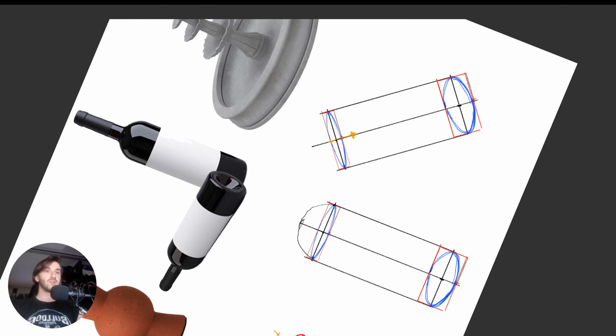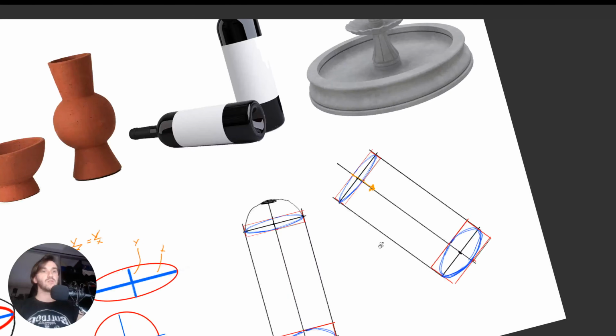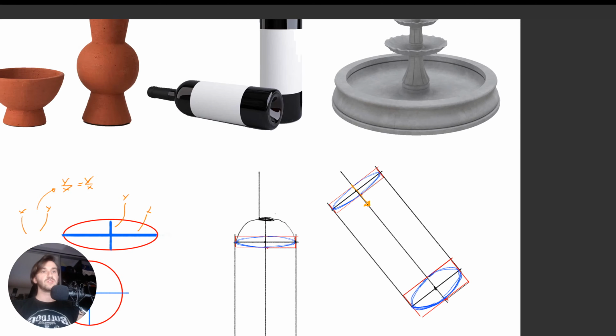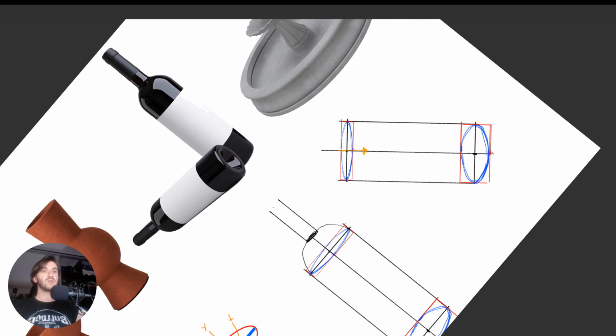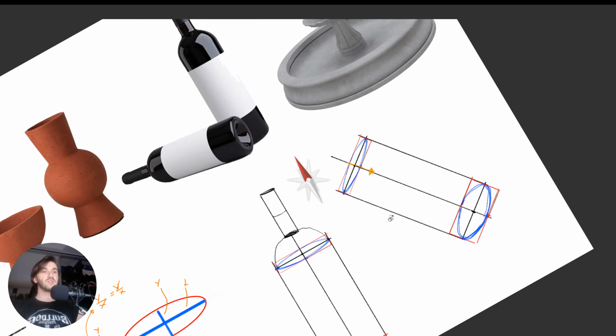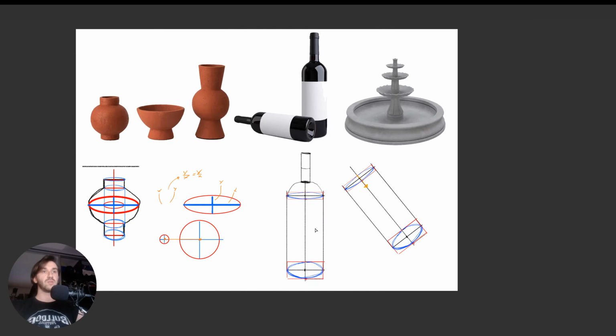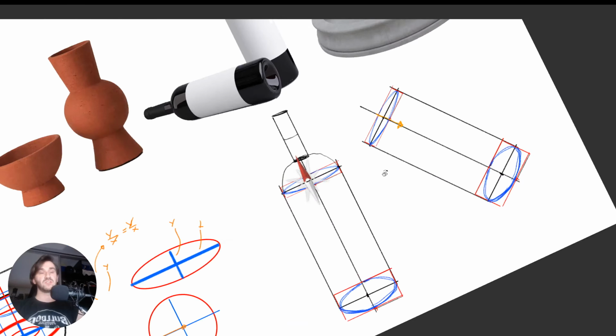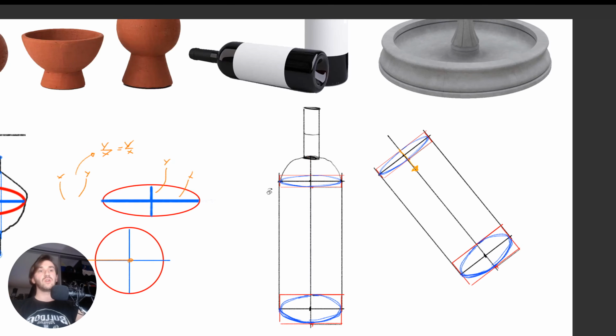Draw a really small ellipse in here for the bottleneck. It's not the nicest drawing, but it gets the job done. And boom, pretty much has the entire bottle drawn. Nothing extremely complex. If you want to add a sticker on it, you will need to draw an ellipse, let's say in here, and an ellipse a bit fatter in here. I'm only drawing the frontal part, and that's the only thing you really need to know